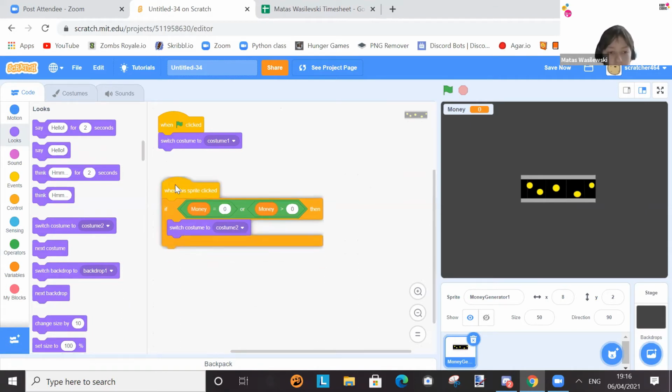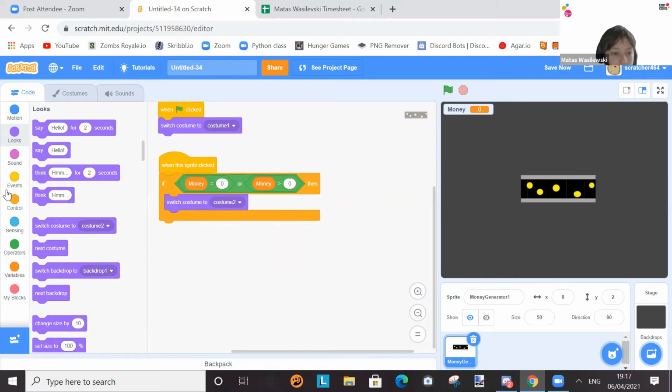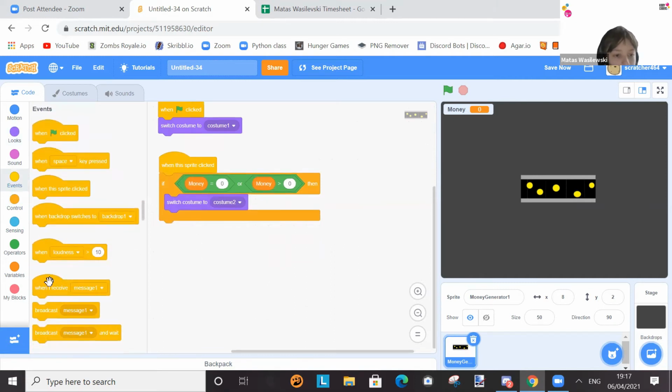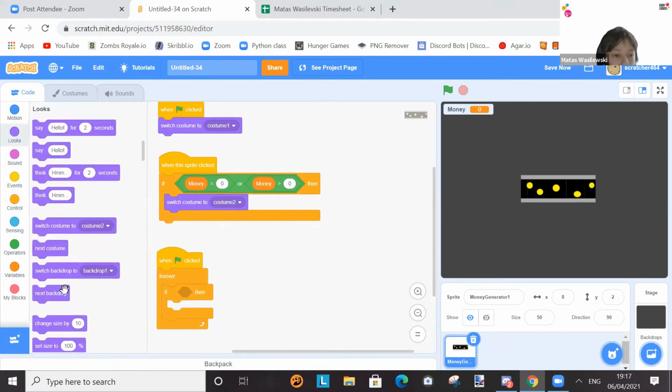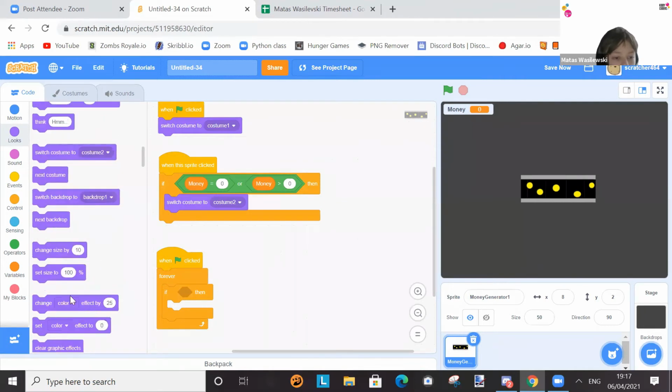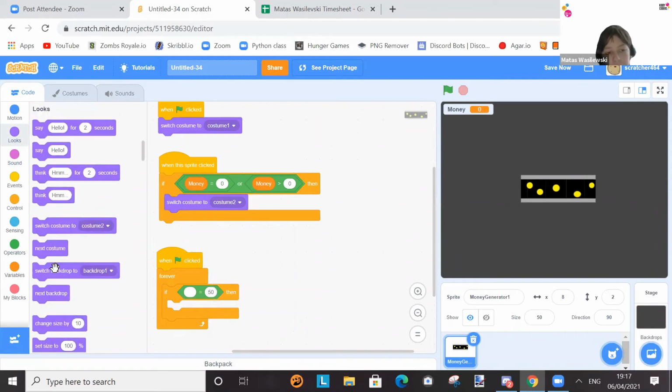Now let's create the actual money generating system. So you're going to want to go to events, and when flag clicked, forever, and then if, and then looks, where is it? And then go to equal to, then looks,